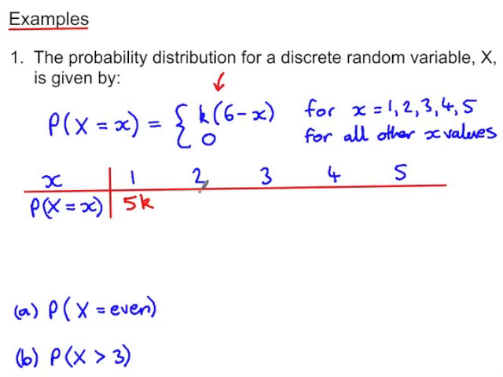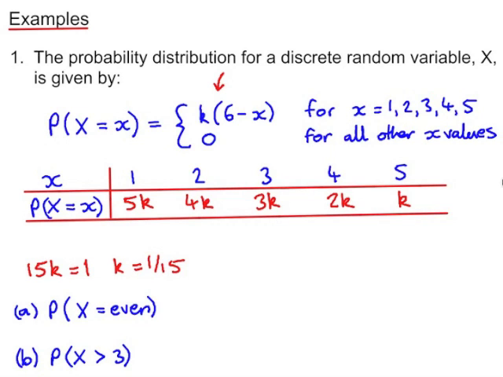When x equals 2, 4k, and so on. Now we don't stop there because we know that the total of all the probabilities must be 1. 15k equals 1, which means that k must be 1 over 15. So now we can complete our table with numerical values for k and use these values to work out the